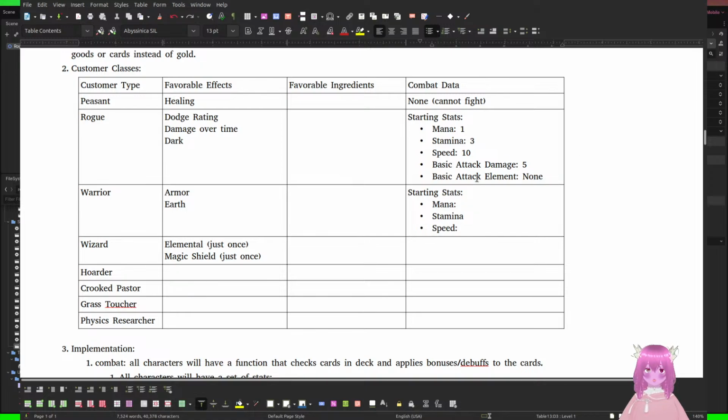Obviously, this is like the start element. You can change it with cards. I also have, because I've added the speed stat, I also can add an ability or like card effects that change your speed stat. I already had card effects that changed these, but I didn't have anything that changes speed stat, which could very well fall into wind cards, you know.